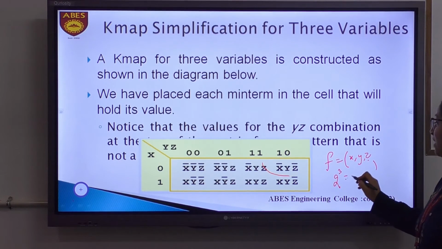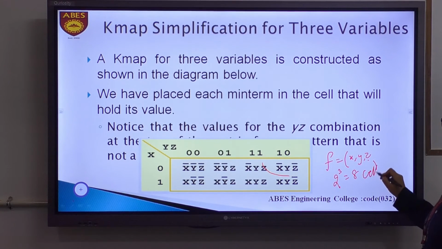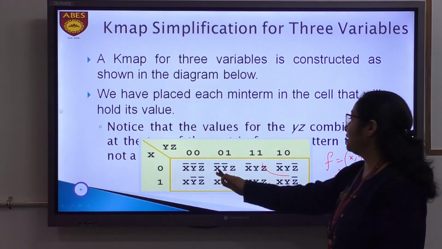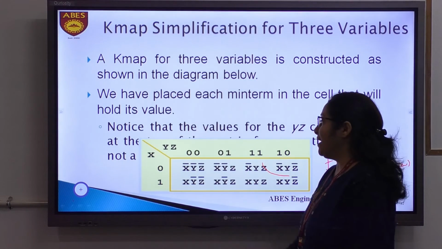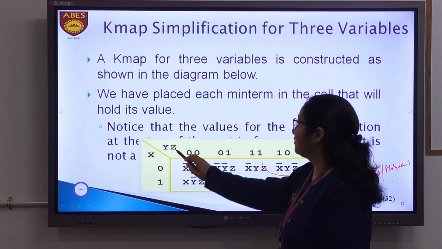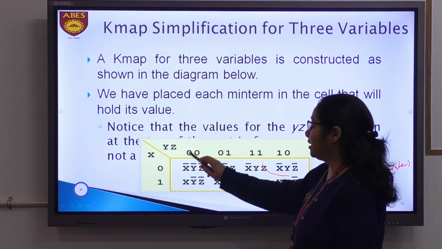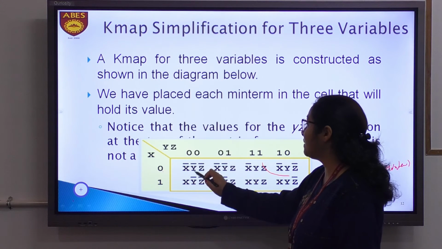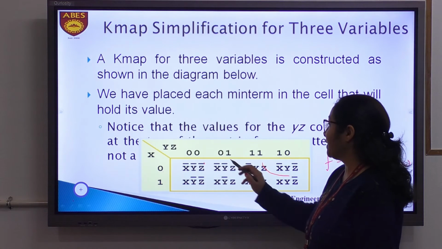That is 2 raised to the power 3, 8 cells or 8 min terms are possible in the K-map. Here are the 8 entries for the min terms. Here, first entry, how will we form this first entry? X, y and z, all the 3 are in the complemented form. So here we write x bar, y bar and z bar.